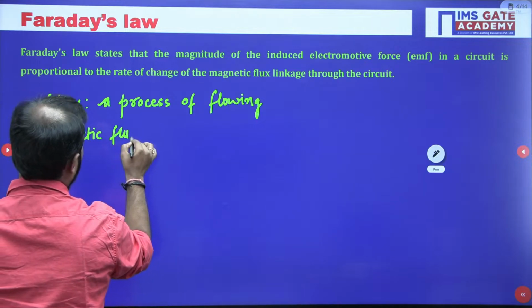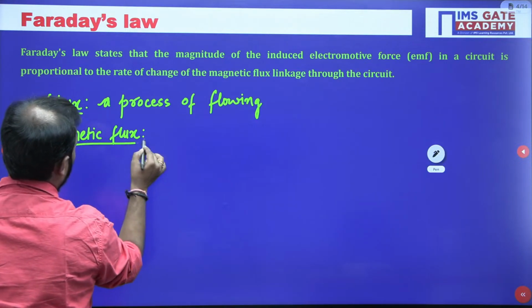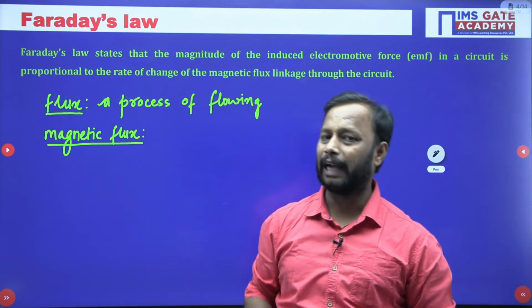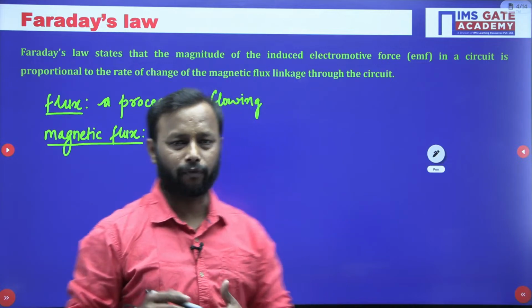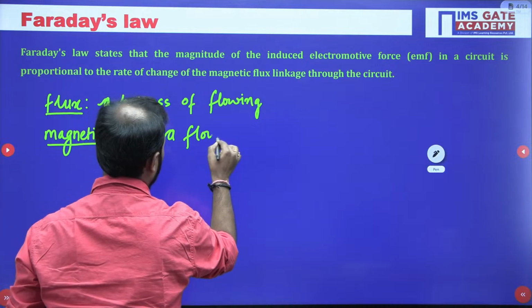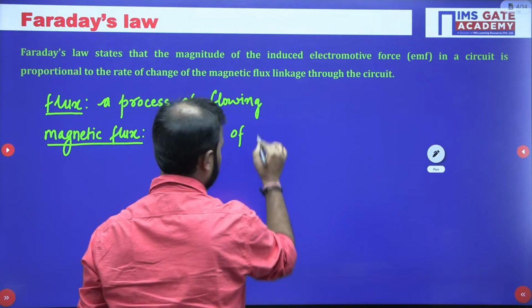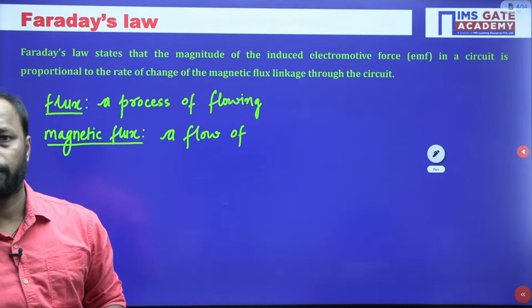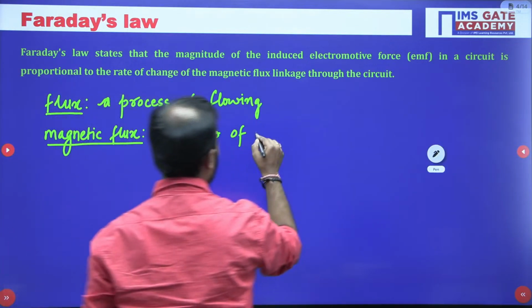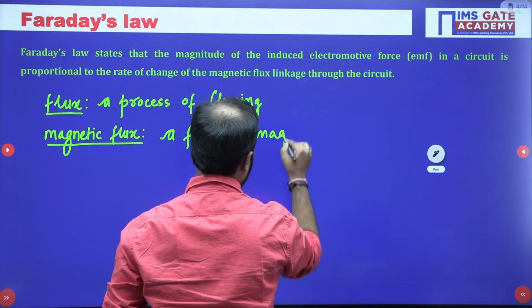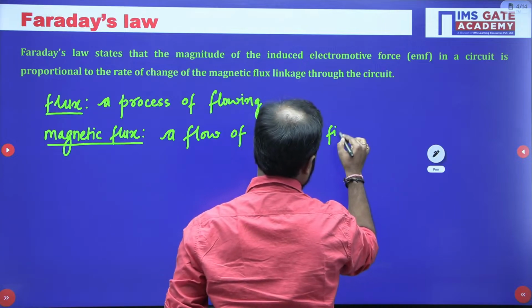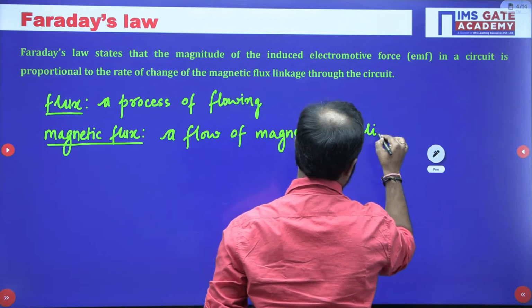What do you mean by magnetic flux? Very simple. A flow of magnetic lines is nothing but your magnetic flux. A flow of magnetic field lines